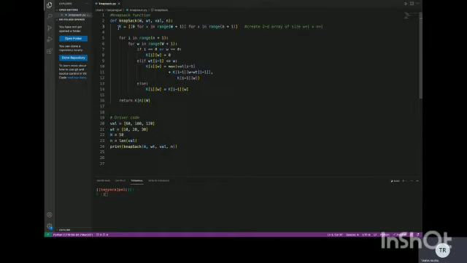And then we have created a 2D array of size W plus 1 into n plus 1, where W is the weight of the knapsack and n is the size of the weight array. After that, we are building that table using the bottom-up approach. Here, we are traversing all the rows of the table K till n plus 1, and for each row, we are traversing all the columns up to W.